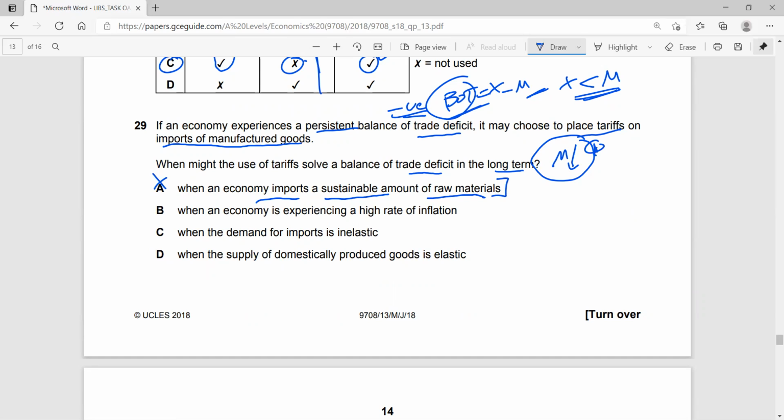They'll be more pricey, but they won't necessarily reduce the expenditure on raw materials. It might, in fact, just increase them. So when an economy is experiencing a high rate of inflation,